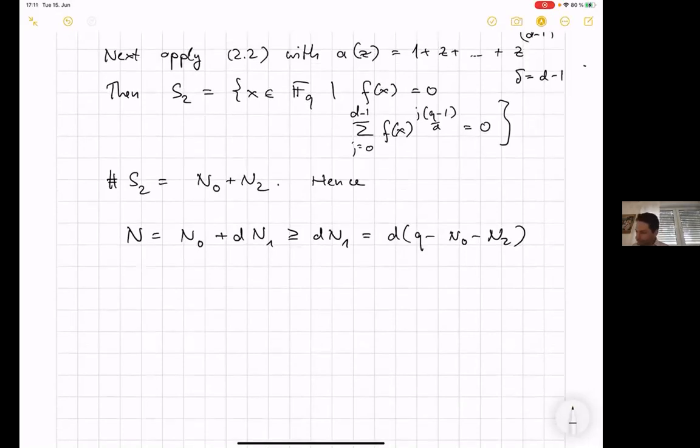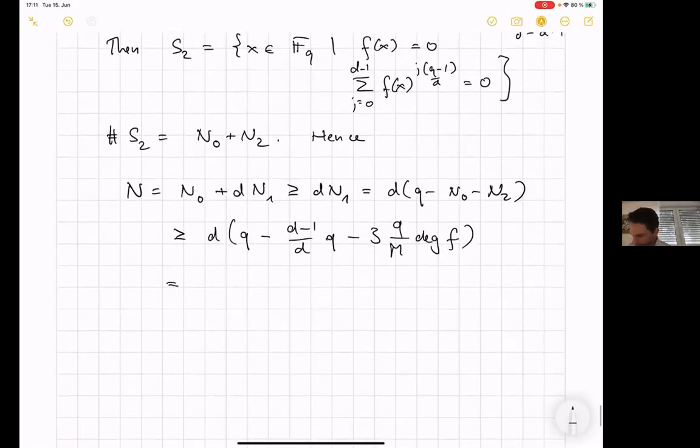And so an upper bound for n2 gives a lower bound for n. So this is bounded by d times (q minus (d minus 1)/d times q minus 3 times q over m degree of f). And this equals q times